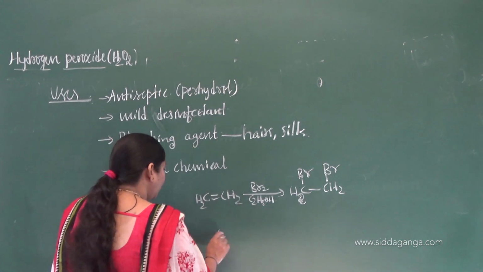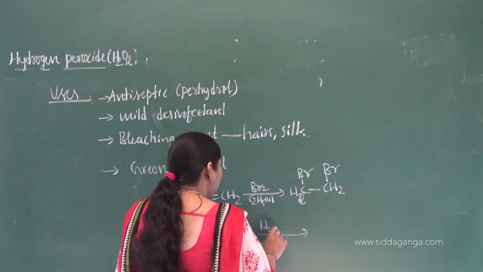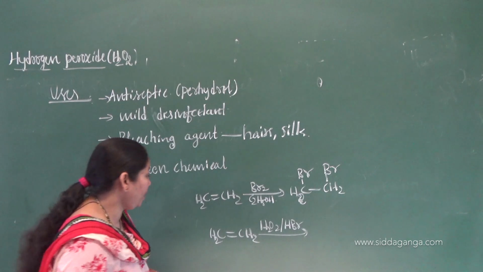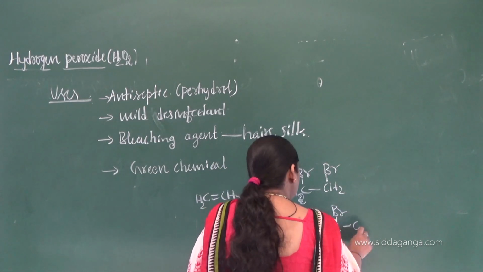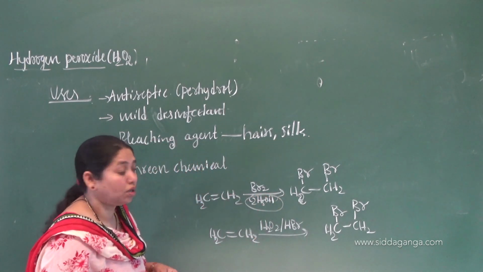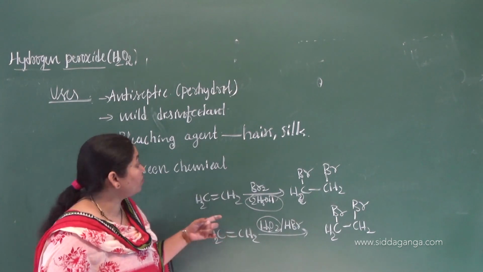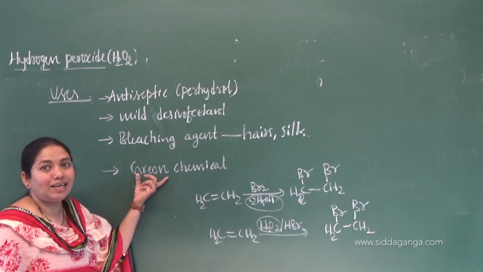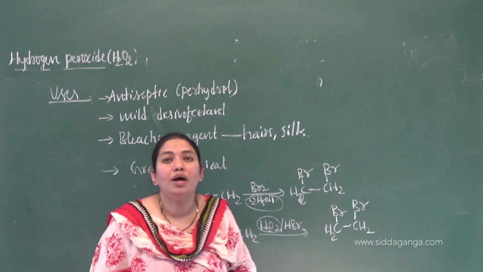The same reaction you can conduct in the presence of hydrogen peroxide also. But the thing is, you are not going to take bromine. In place of that, we are going to take HBr. So what product are you going to get? That is CH2Br-CH2Br, the same product. So what is the difference between these two? Here ethanol will cause pollution, but hydrogen peroxide will minimize the pollution. It is pollution free. That's why you can use hydrogen peroxide as a green chemical, and it is used in the synthesis of many detergent compounds